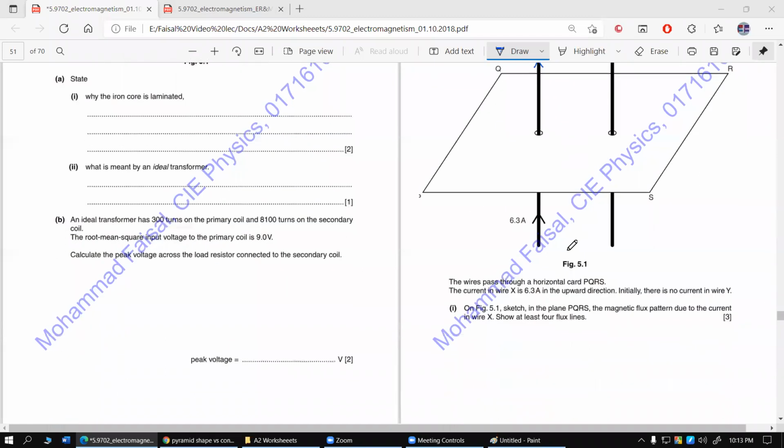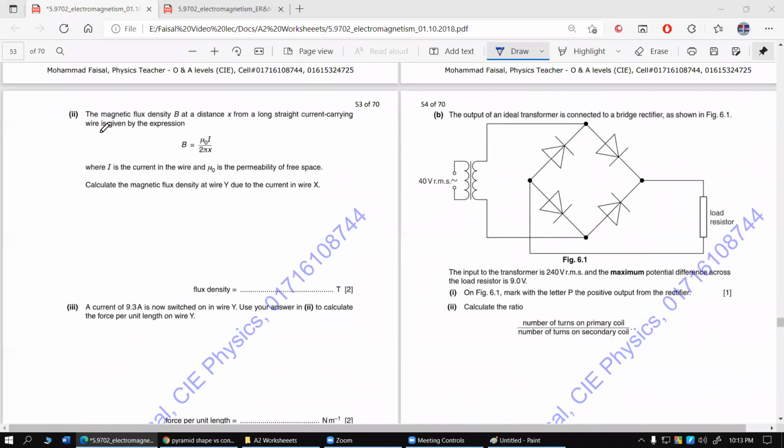Score 3 marks. Voila. Then the question says the magnetic flux density B at a distance from a long straight current